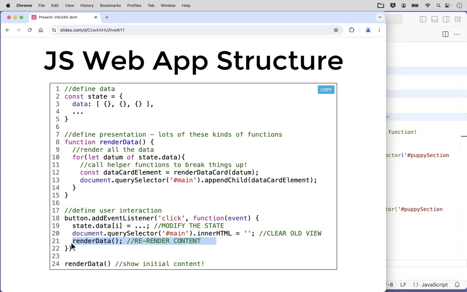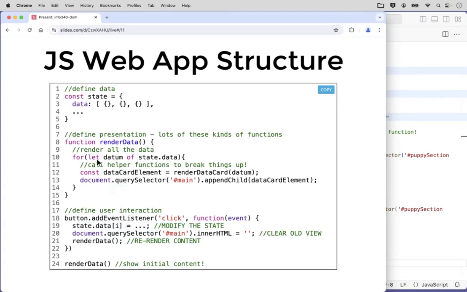right? Like we've updated our concert dates. So it's going to put up a brand new poster. We're not going to go to the old posters and edit the concert date. We're just going to put up a brand new poster because it's a lot easier for us to think about: show poster with date. And then when a user interacts on something, when the date changes, I just say, great, go show new poster. So you really want to be thinking that your interactions are very simple, right? Interactions just change the data, re-render content, and the complexity is in, based on some state, what does that content look